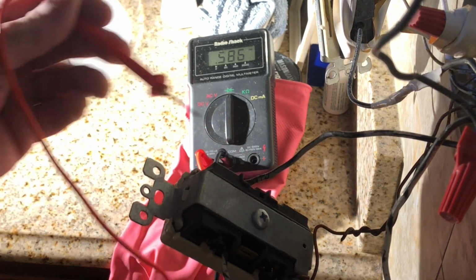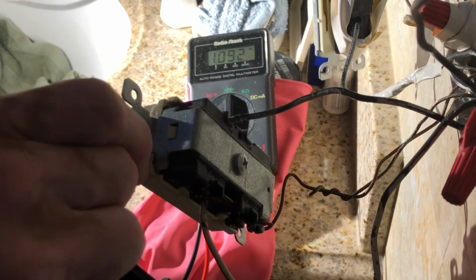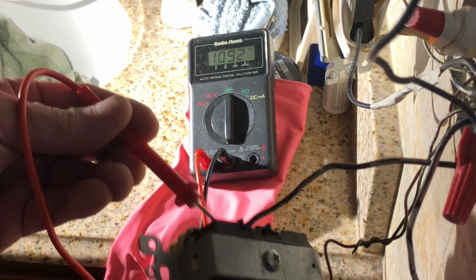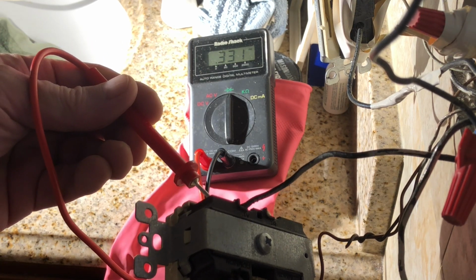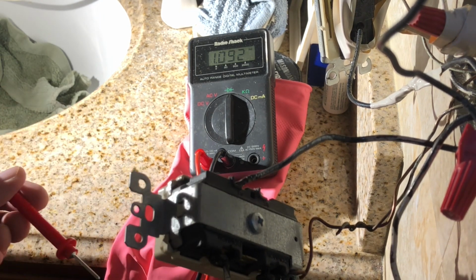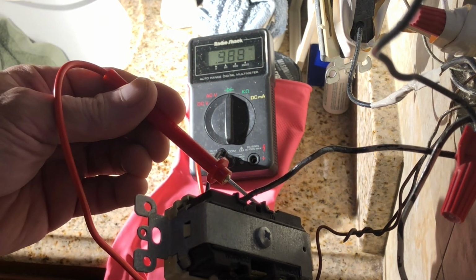Yes, there is continuity. Let's see with this. Both are turned on, the switch is on. No power, by the way. Remove it. See, there is continuity. Now, if this one is also turned on, the lower, if I touch the screw, there is